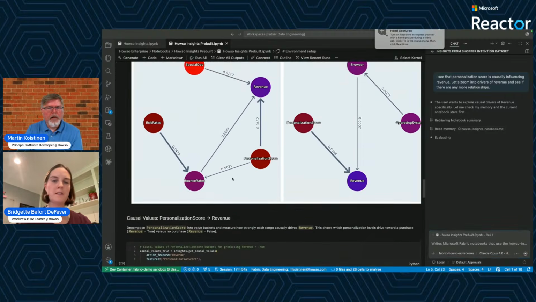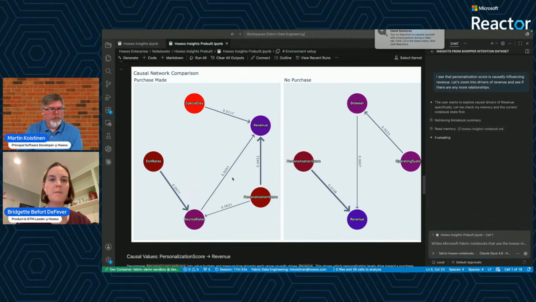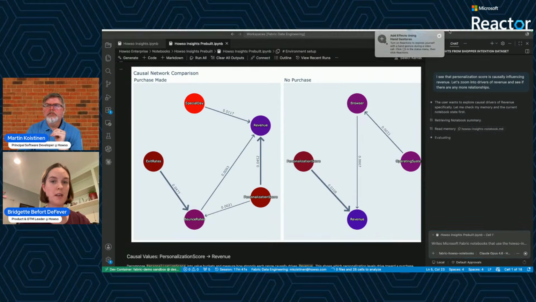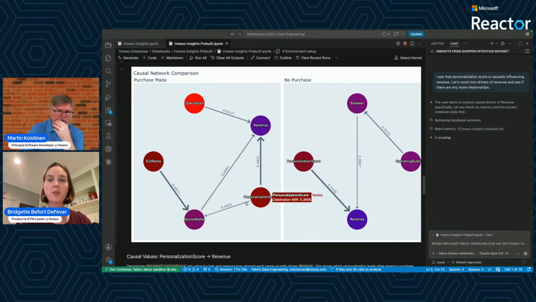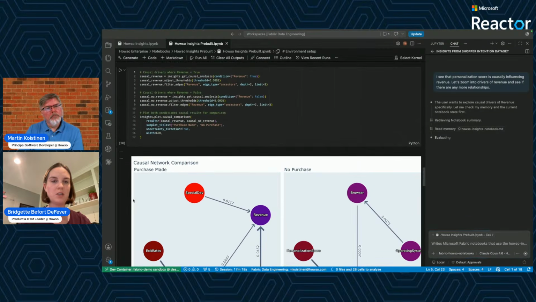So maybe to emphasize there, Martin, before we move on. Sure. What we've done so far is literally just ingest the data into Howso, and Martin's really not run a lot of code to be able to generate the insights that we have so far. So we're not building complex models under the hood. You're not having to build a machine learning model for every single insight that you're trying to generate. Because of the special algorithm that we have, we're able to map all of these relationships. And with just a couple of lines of code, like Martin, do you want to scroll up a little bit to show how easy this generally is?